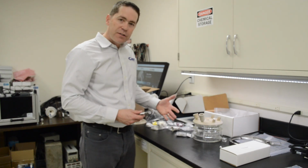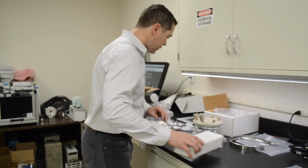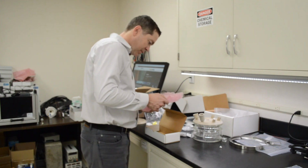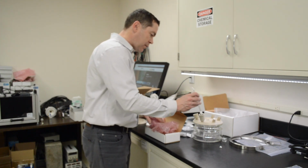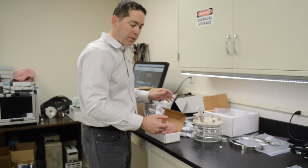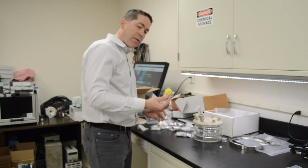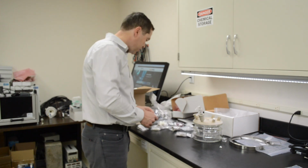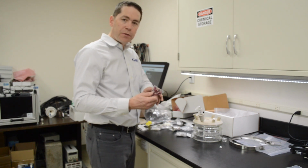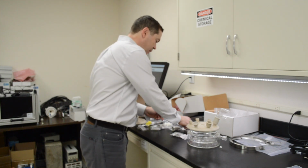So these other accessories that you'll see here, we have a graphite counter electrode for you. We have your bubbler for blanketing and degassing or de-aerating solution. Various stoppers just to seal off some of these ports. The clamp to hold the reference electrode to this adapter here. And then of course we have, well,